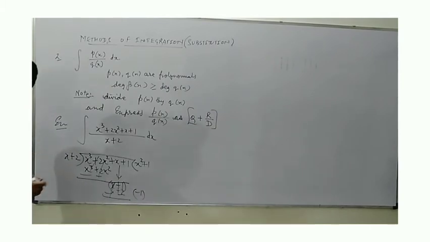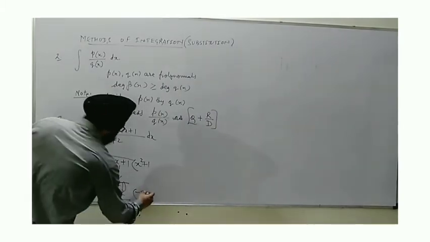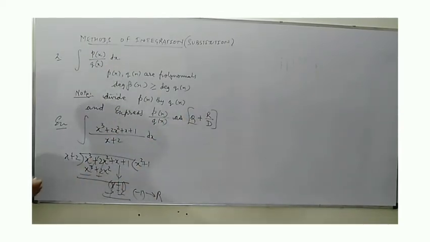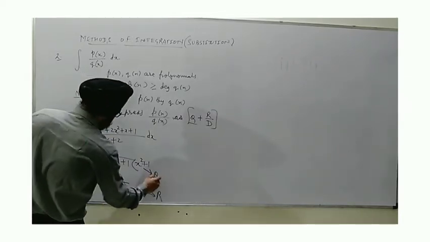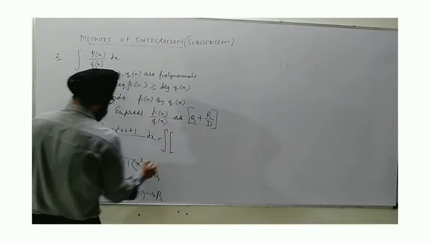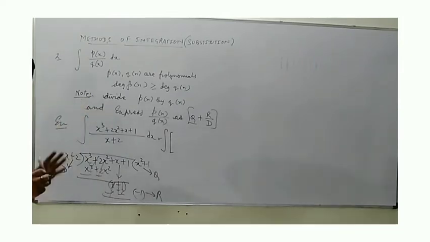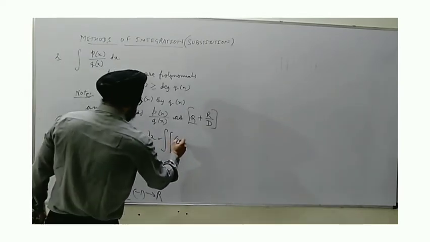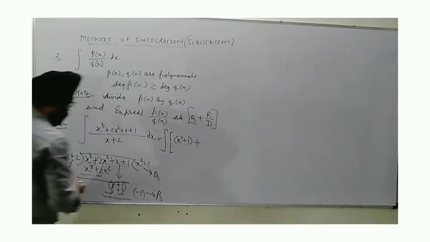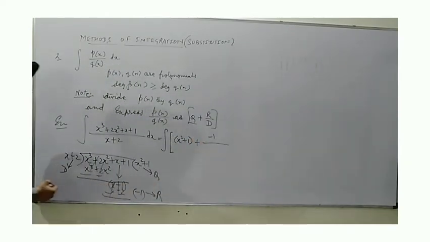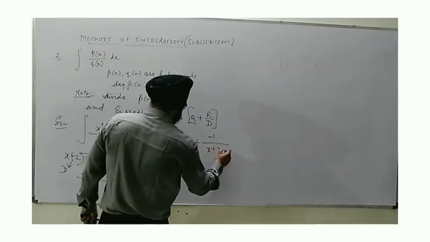Now, in this division, the basic thing from earlier classes is that this becomes the remainder r. The d stands for divisor and the q stands for quotient. This function can be written as q plus r upon d. Nothing new; I repeat, this is from earlier classes. So you can write this as x square plus 1, the quotient, plus the remainder minus 1 divided by the divisor x plus 2.